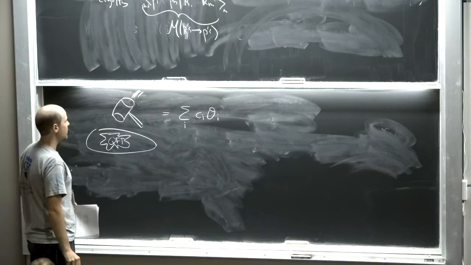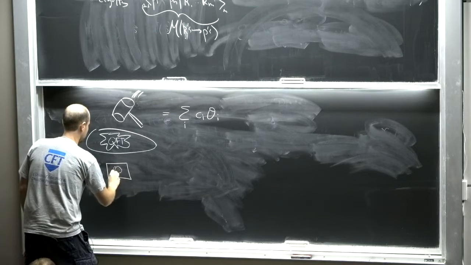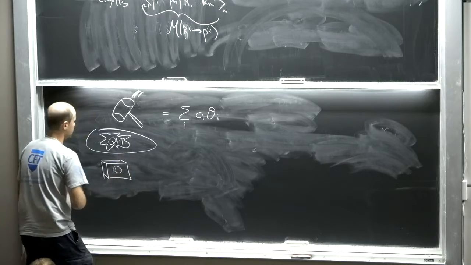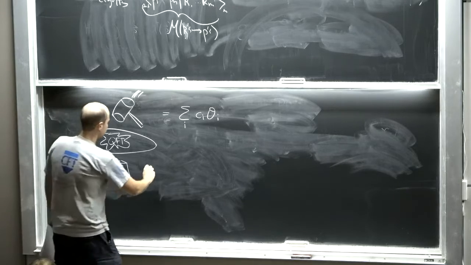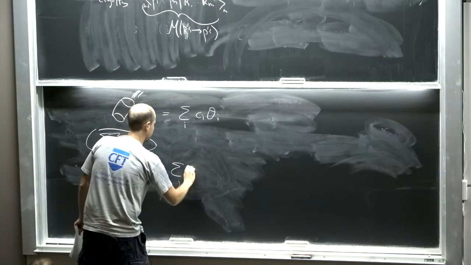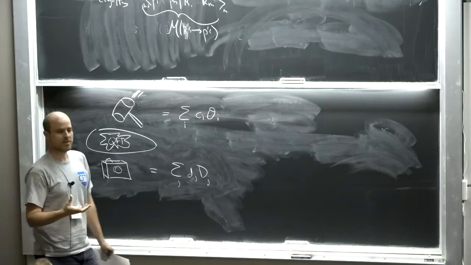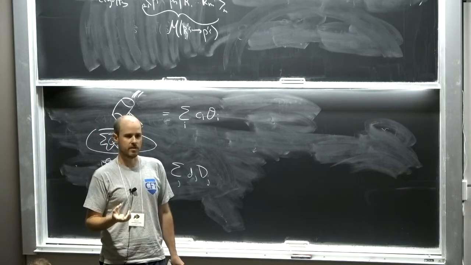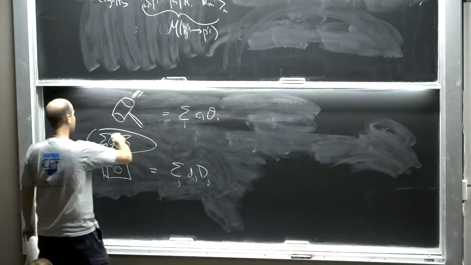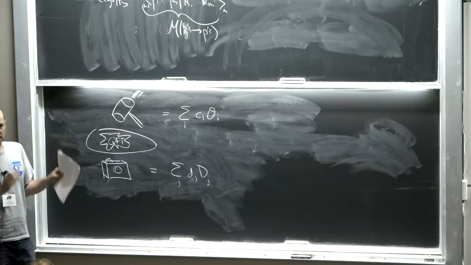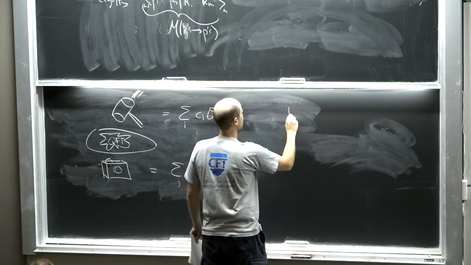So similarly, if you have a detector, like some kind of camera, this thing should be expanded in the good detectors of the theory. And the nice thing about this expansion is it cleanly separates the details of the experiment from the details of the theory. So what you find is that when you hit your QFT with a hammer and then measure things with the camera, that is some kind of matrix element